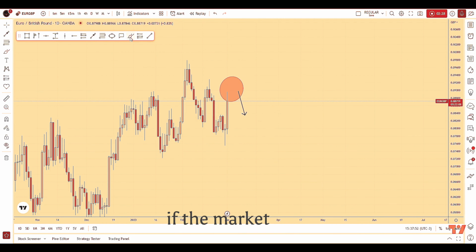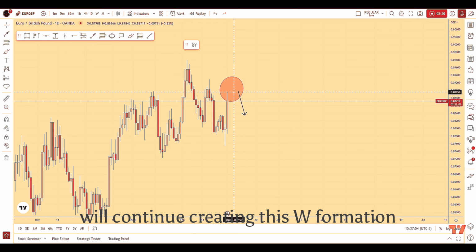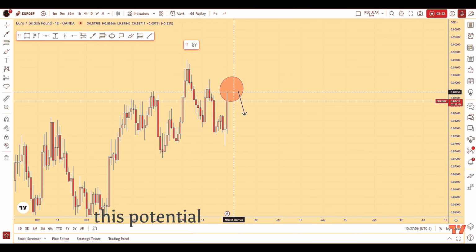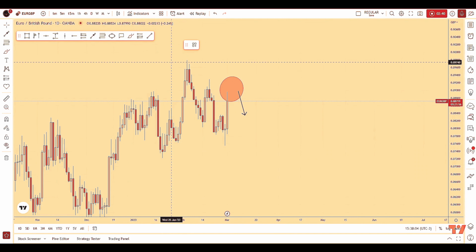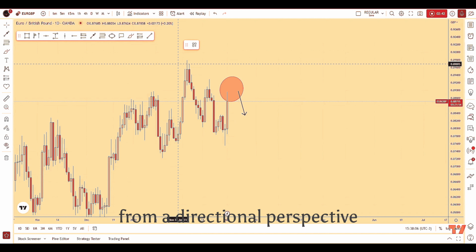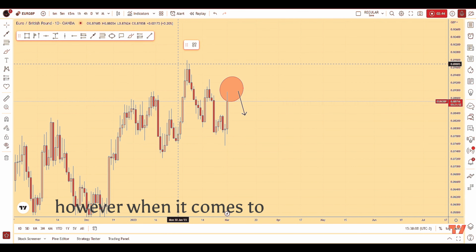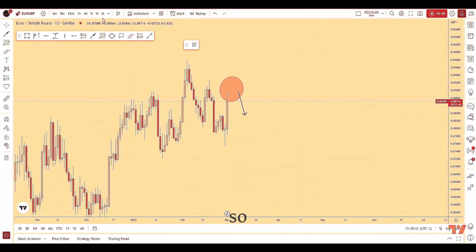So if the market here will continue creating this W formation, how we could be approaching this potential move to the downside? Now, as usual, trading is reactive and not predictive. The monthly, weekly, and daily, those are the best time frames from a directional perspective. However, when it comes to confirmations and entries, the best time frames are the intraday time frames, so 4 hour